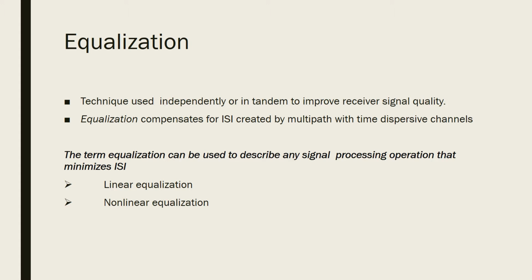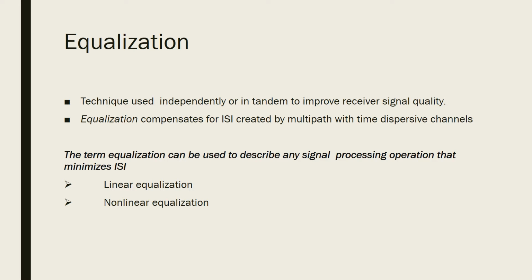In what way is it going to improve it? Normally, in the case of multipath signaling, it will result in intersymbol interference, that is ISI. This is one of the techniques which helps in compensation of this ISI in case of a time dispersive channel. What we mean by a time dispersive channel is, if you are going to have multiple paths or multiple signals, each and every signal will reach the receiver end at a different time by traveling different paths. Such a signal we call a multipath. Due to this, there occurs intersymbol interference. So an equalization technique will help you in compensating this ISI.